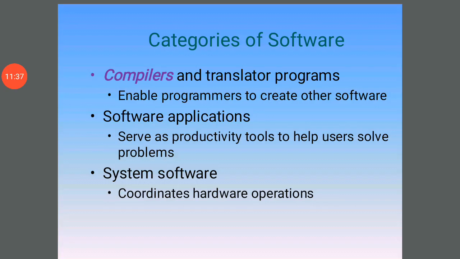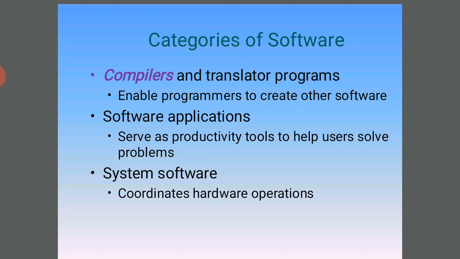What is system software? The system software is run and used by the operating system. This is called system software. For example, we take the operating systems: Windows 98, 2000, XP, ME, and Linux, Unix. These are the system software. Without the system software and application software, the computer cannot run.